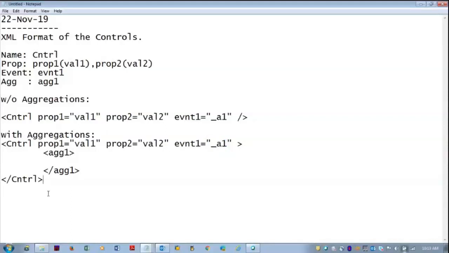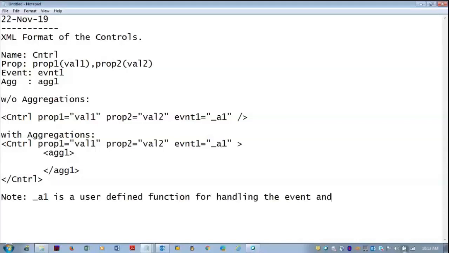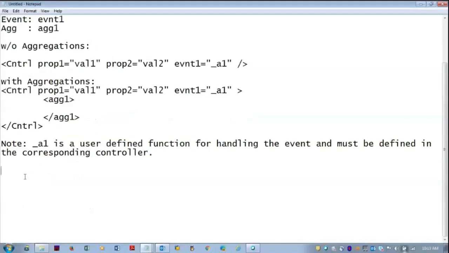And remember that underscore a1, that is any user defined function, is a user defined function for handling the event and must be defined in the corresponding controllers. So we'll have that discussion in the forthcoming sessions.